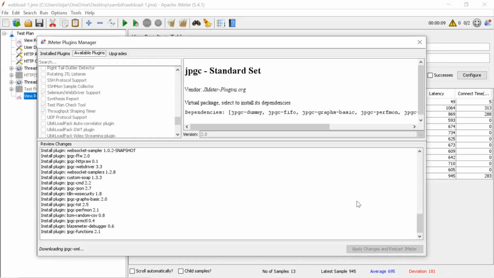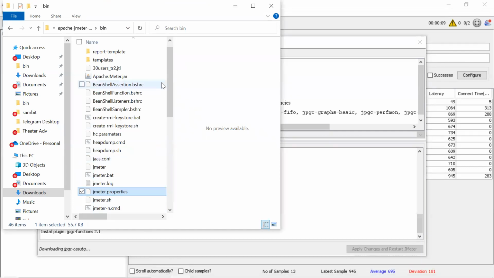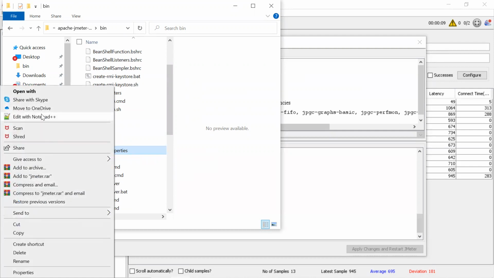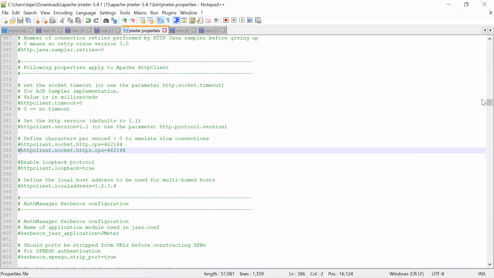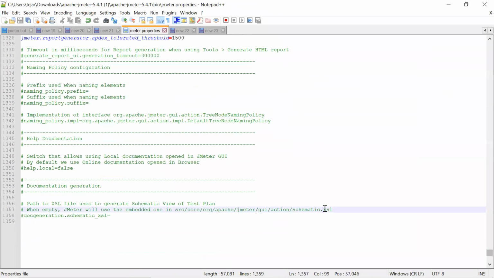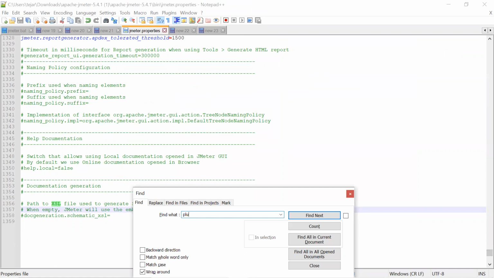So we have to point to our company's or our own proxy repo for the JMeter download, because how does JMeter know? JMeter knows nothing, right? So I will show you meanwhile. What we have to do is go again to the bin folder, the JMeter properties file. Here you have to write. I'll show you. Plugin manager.